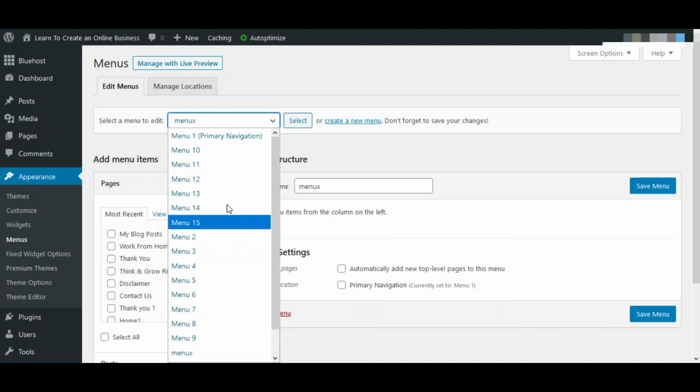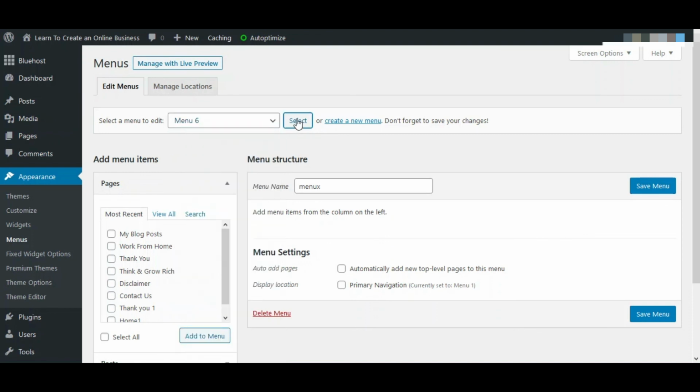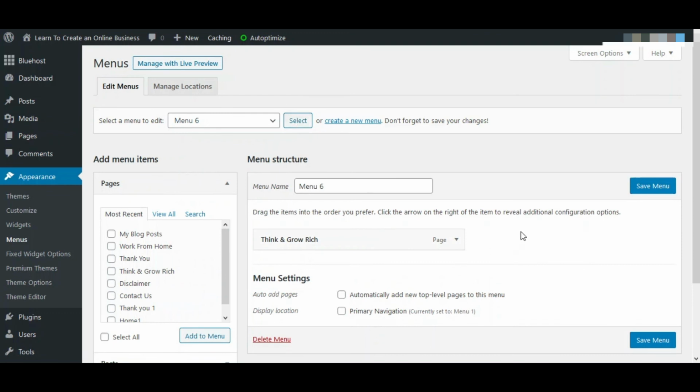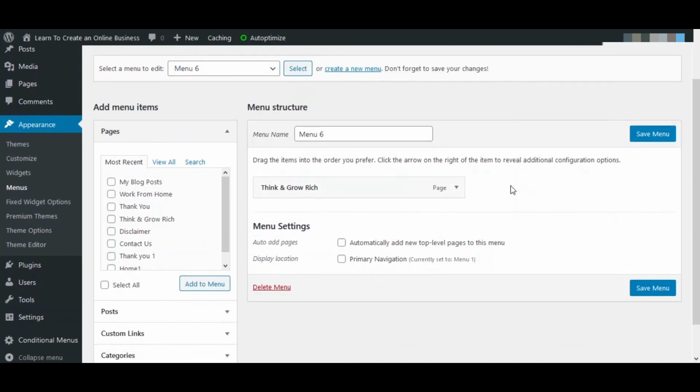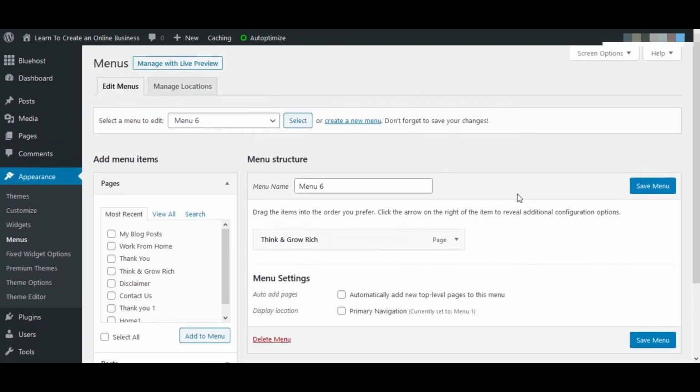Let me show you. It is menu number 6, I guess. So this is the menu I have already created. It's very important that you create a separate menu for whatever page you want, so that you can do the conditional